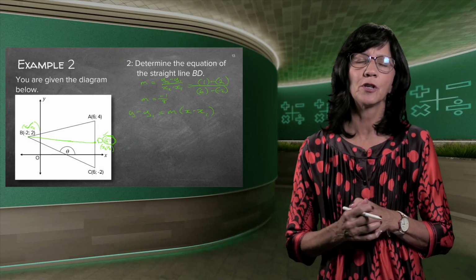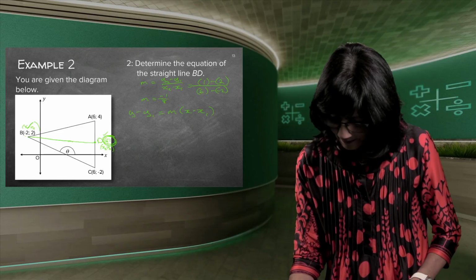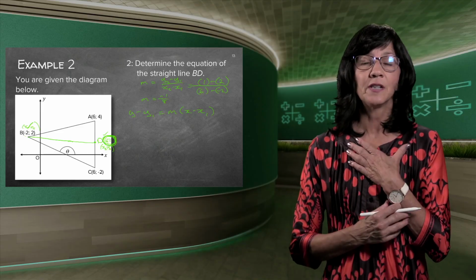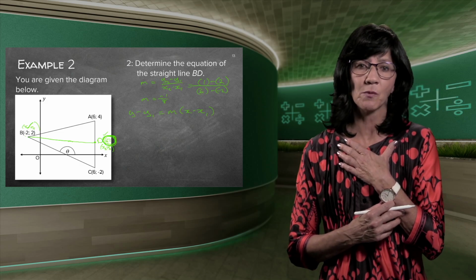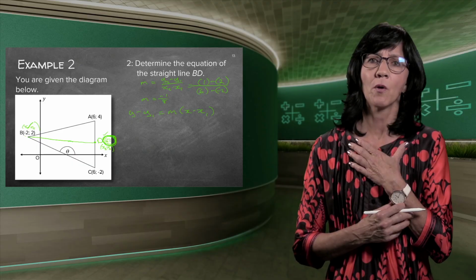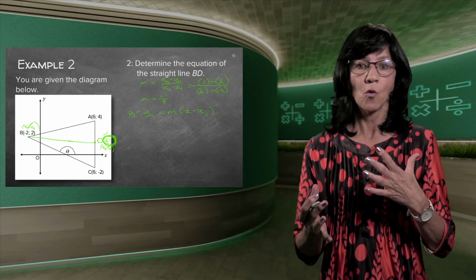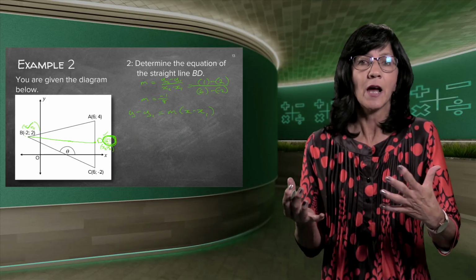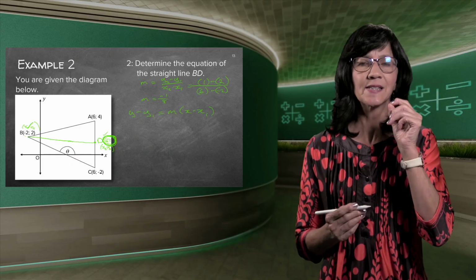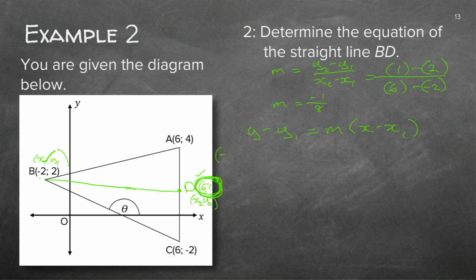Now, in this case, I'm not going to use the easiest one, this D. And there's a very good reason for that. I worked out the D myself. Maybe I made a mistake. Maybe that should be 5 and 1 or 4 and 1 or something like that. And I didn't realize, or it could be 6 and 2, whatever. I could have made a silly mistake. So just to be safer, I'm going to pick the point minus 2 and 2. Because that is the point that they've given me, and I know if I use that point, I cannot make a mistake. So remember that in the future, once you've worked out something yourself, and there is an option of using their given stuff, rather do that in case you made a mistake.